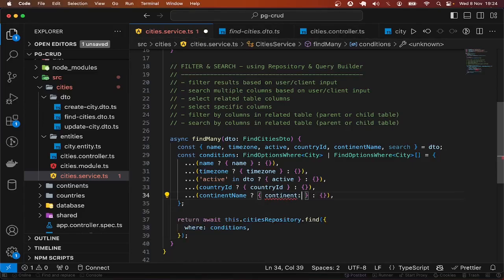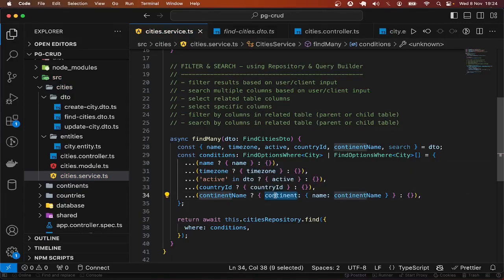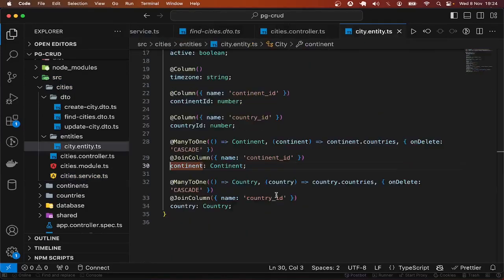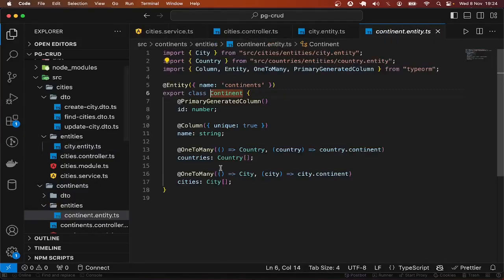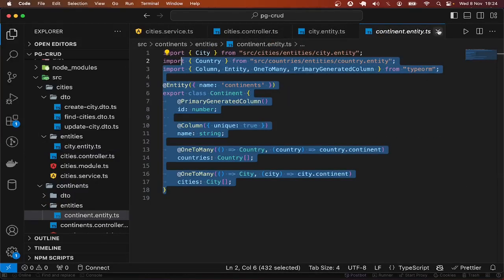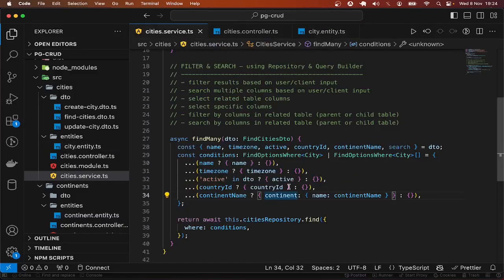So for continent, I'll put another colon. Then I can search for fields that are in continent. In this case, I can say name to be equal to continent name. Note that this is not just a field. This is an object, the relationship in this entity, right? This is for continent. All right, so I can go back here and let's give it a try by supplying